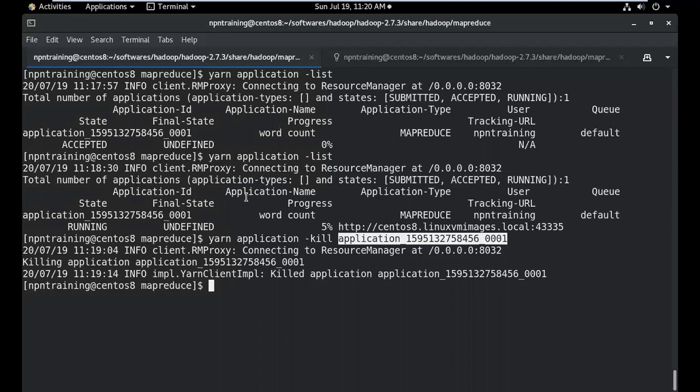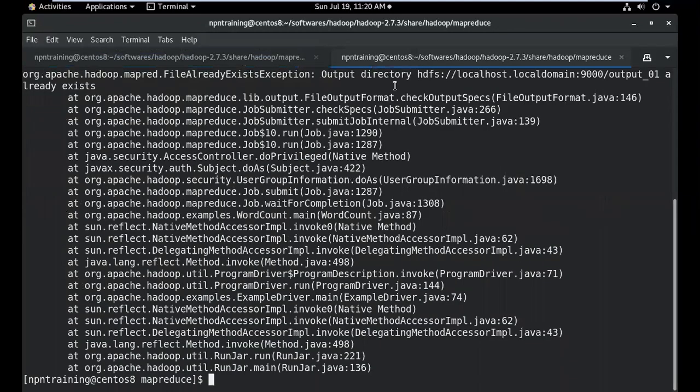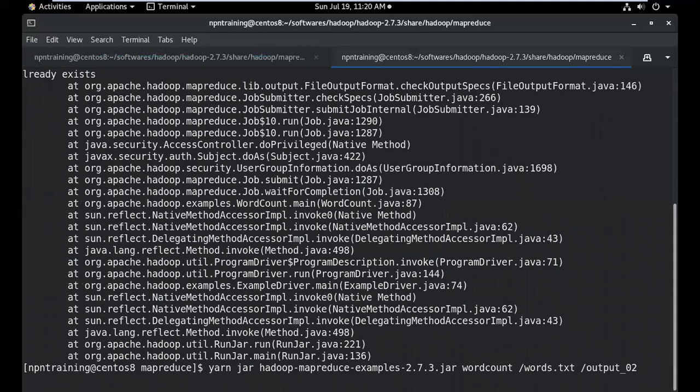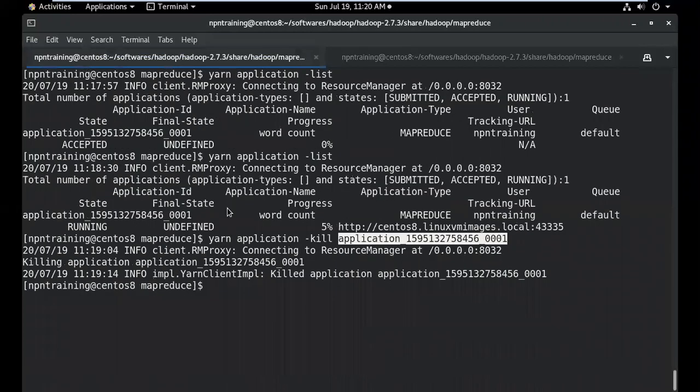If you are using Hadoop for Hive, we have a different approach. But for simple jobs like MapReduce jobs, you want to package it as a jar file. Now let's see whether the application has finished executing. Oh, sorry. The problem here was this directive was already there. So I'll just give output 02. Let it run now.